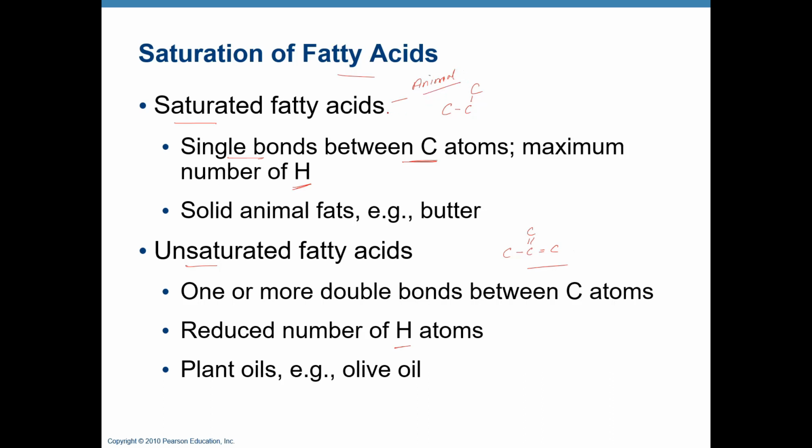So animal fats are saturated, and saturated fatty acids could be harmful for the body, because the saturated fatty acids can accumulate inside the artery and can cause narrowing of the artery, or even can block it, and that is called atherosclerosis. Okay,